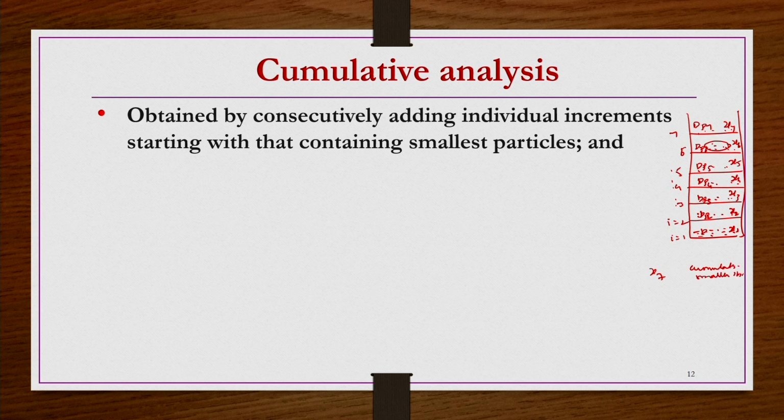So, against x7 the cumulative fraction smaller than dp. This is dp. So, first one is dp7. Like this dp6 and then here you have xi, x7, x6, dp5, x5 and so on. So, now what should be the number here? The cumulative fraction smaller than dp7. So, this is dp7 having fraction x7 and then dp6 and dp5 are having smaller openings, because we arrange the screens such that the coarsest one is at the top.